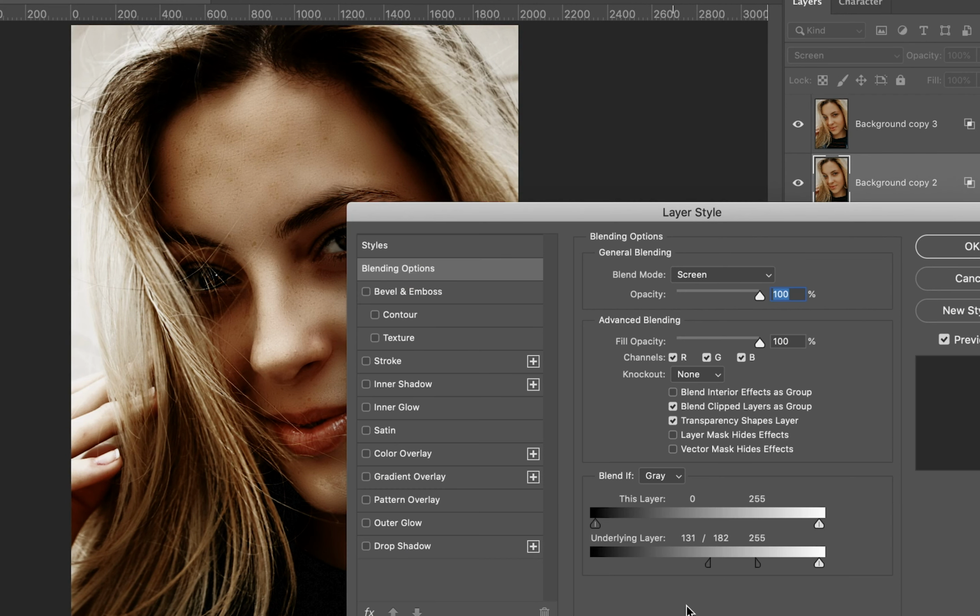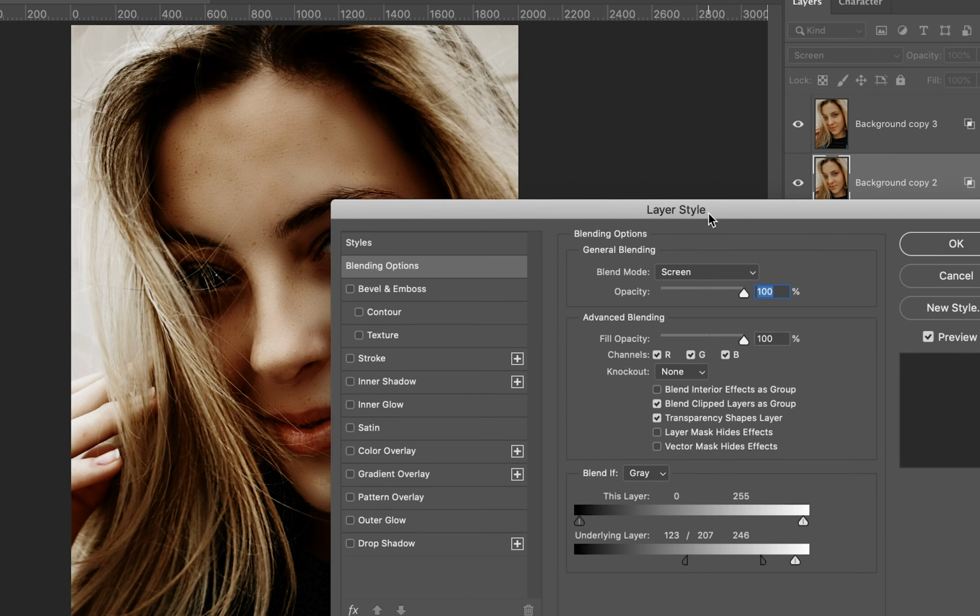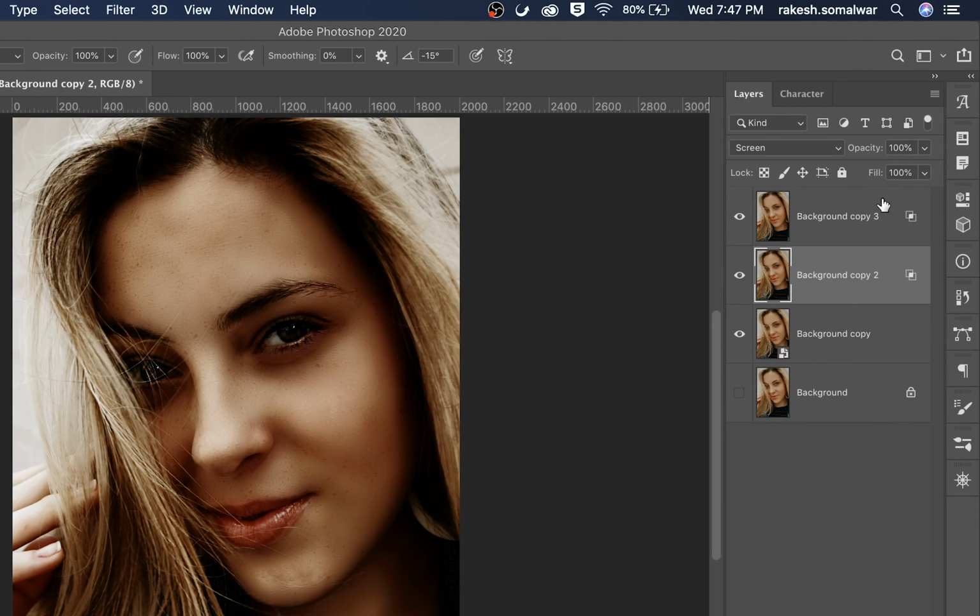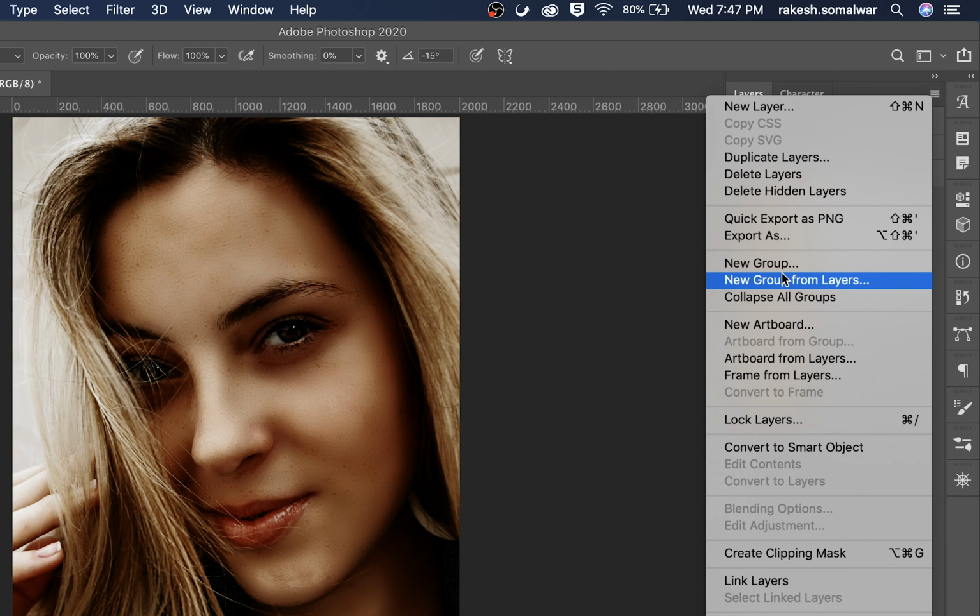You can adjust anytime by double clicking the blending icon which is on the right side of the layers. I am adjusting again. Okay. Now I just select both of them and make it a new group from layers.